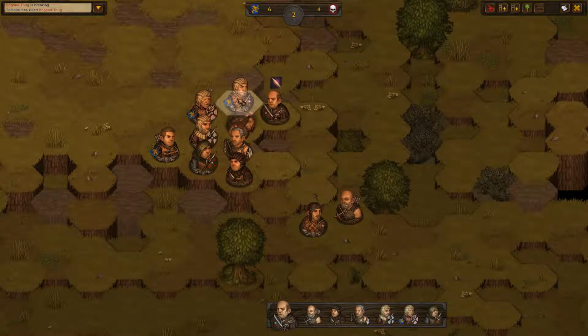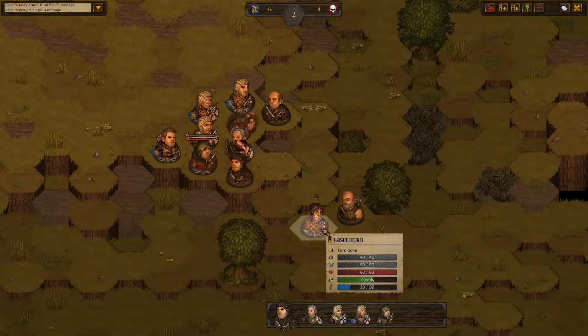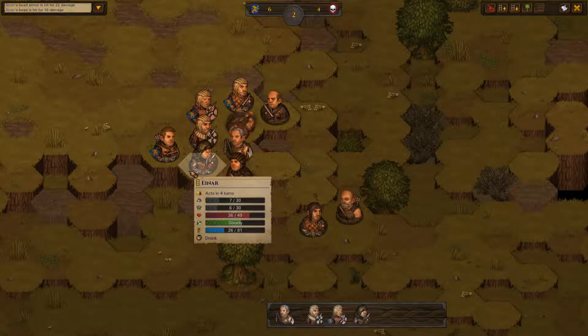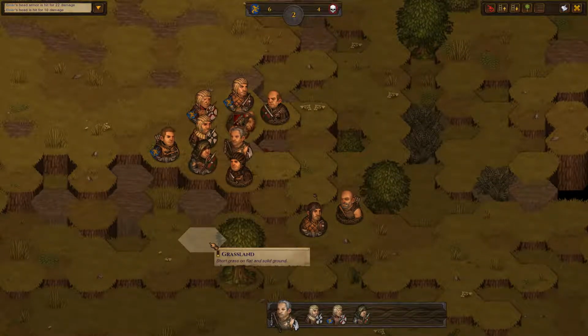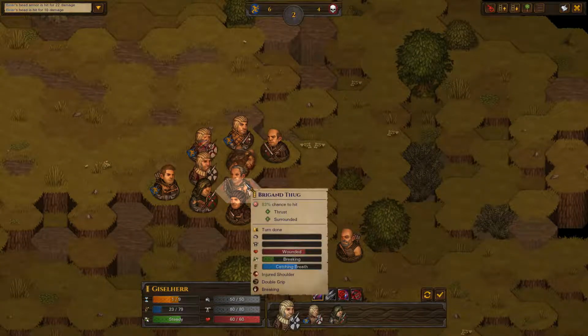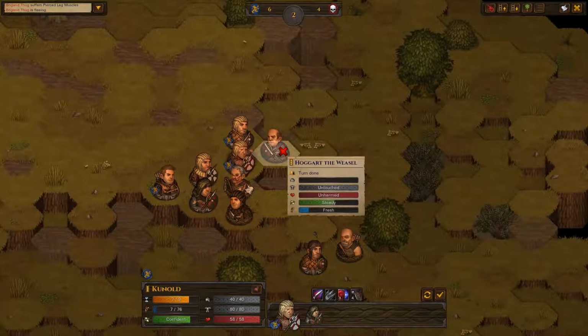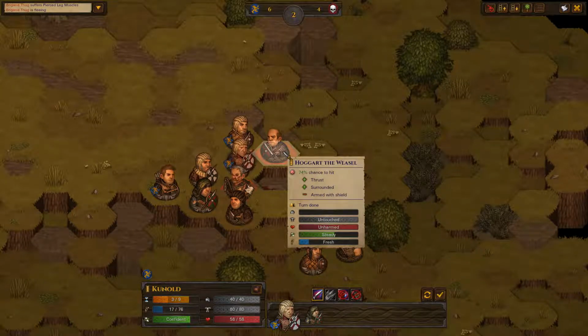Okay, Hoggart's moving up. Taking a swing at Torhelm, didn't really do anything for him. Ooh, alright, they're focusing Einar. Let's give them a good couple pokes. Kunal needs to step up. And that guy's fleeing, so I'm not going to bother with him. We're just going to go for...